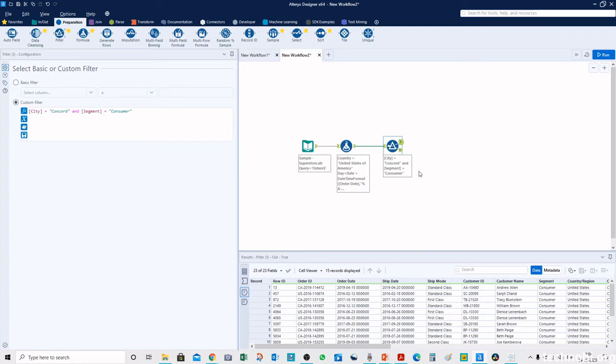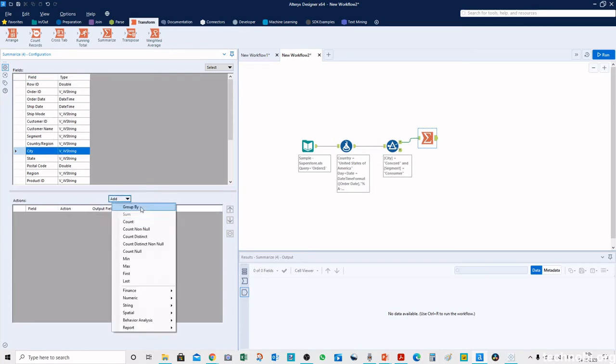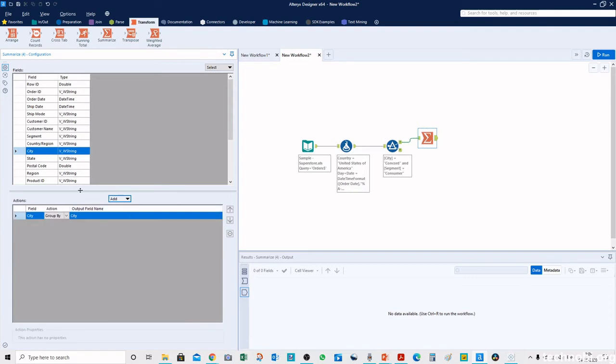So now let's add the summarize tool, and add this action in this. So we want to see under city, we'll select city, and here we'll choose one action, so we'll group by, and then we will see the count of this segment, how many consumers were there.